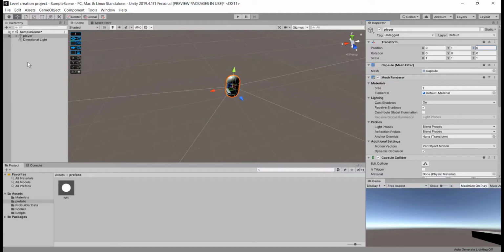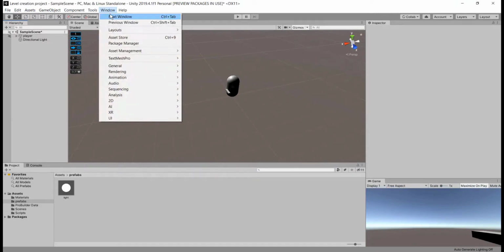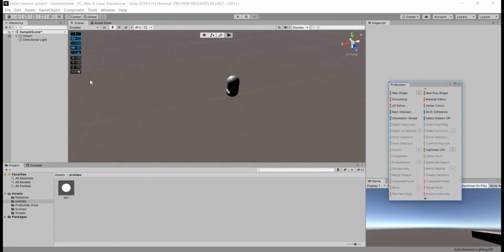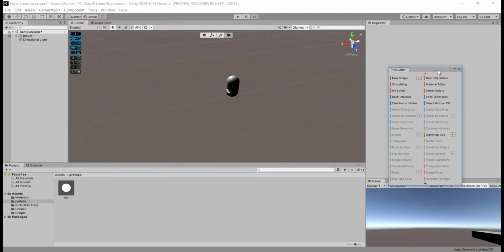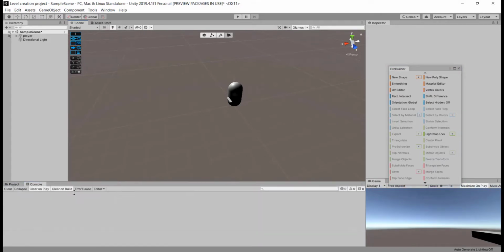Now let's see how we can access the ProBuilder tools. In our tools menu, you will see a link to the ProBuilder edit window. You can use these links to control the mesh you are selecting in the hierarchy.